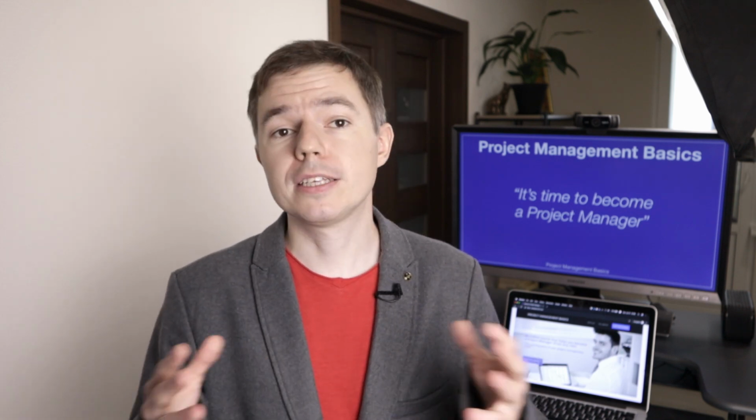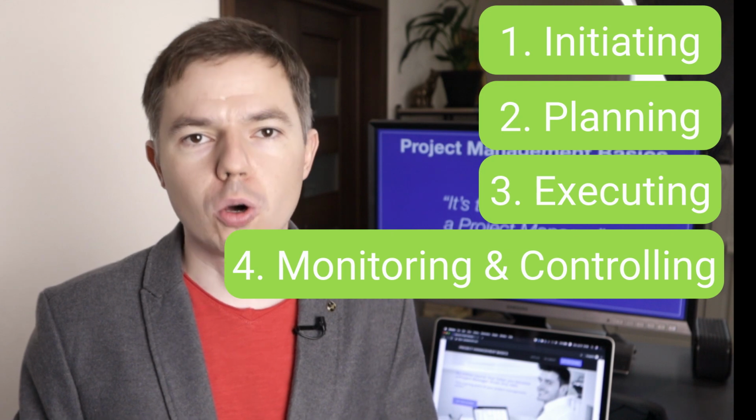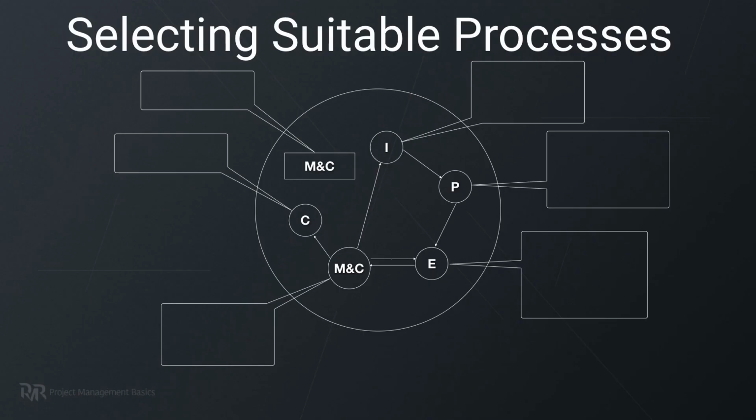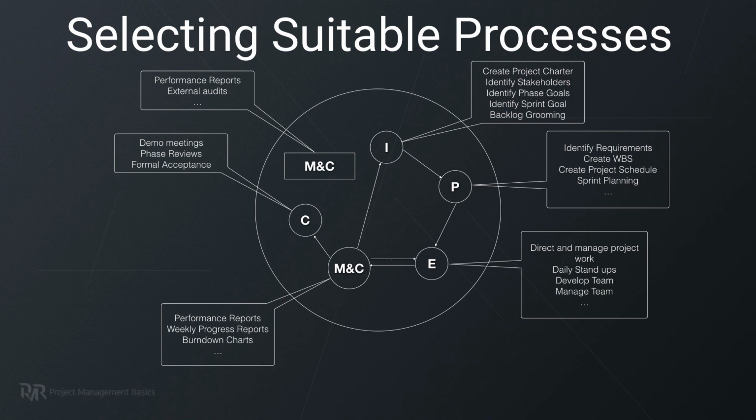Next, you need to know and understand the project management process. Project management process is a high-level concept that shows how to make your project management efforts structured. So, to manage a project from start to an end, you need to make 5 steps. Project Management Institute calls these steps process groups. They are initiating, planning, executing, monitoring and controlling, and closing process groups. The most important thing you need to remember is that it's your responsibility to fill these groups with appropriate processes, tools, and workflows for the given project.